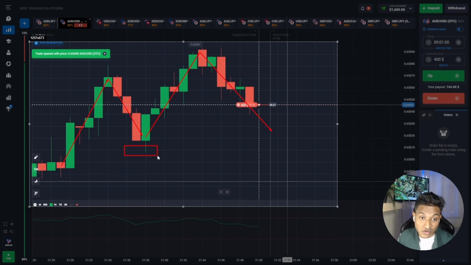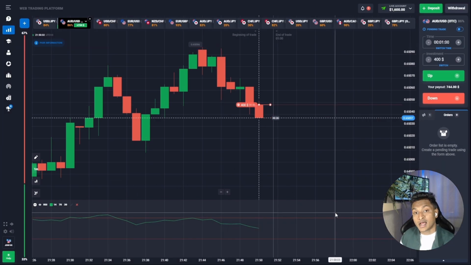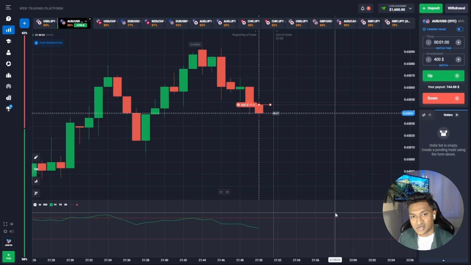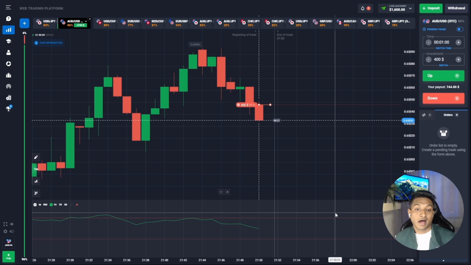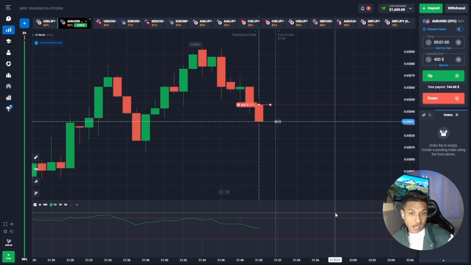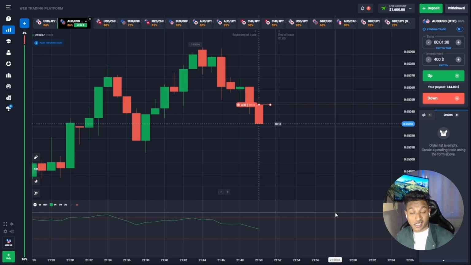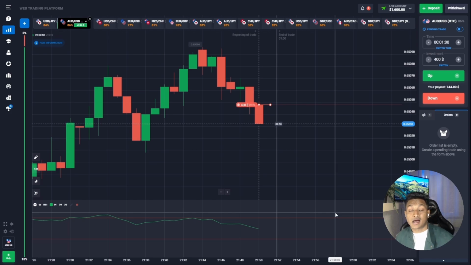I found some resistive zones and supportive zones. Look at this, one supportive zone and two resistive zones, and according to the candlestick strategy it should come up into another supportive zone. So far so good. When it hit the supportive zone, the market changed and then it turned up. No, it's climbing up.